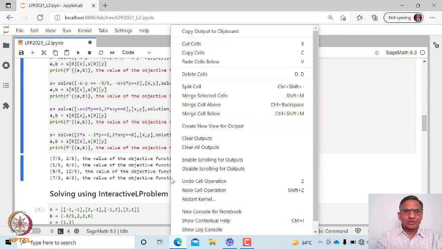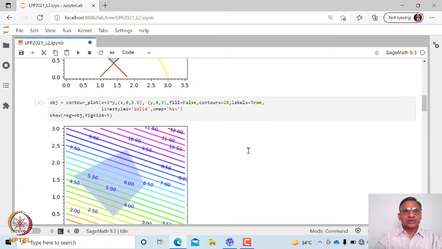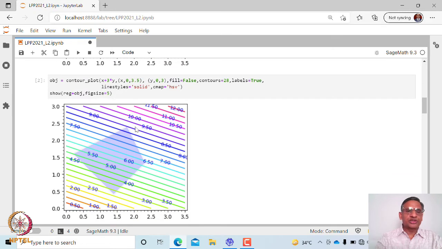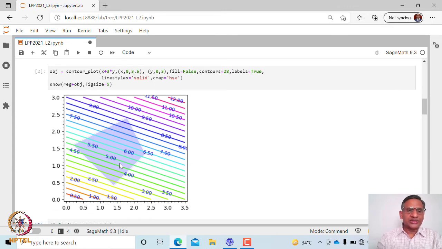So that is how you can solve linear programming problems in two variables graphically. What are the steps involved? First, look at the set of corner points, that is the same as obtaining the intersection of two of the lines represented by these constraints. Once you have obtained all these corner points, then evaluate the value of the